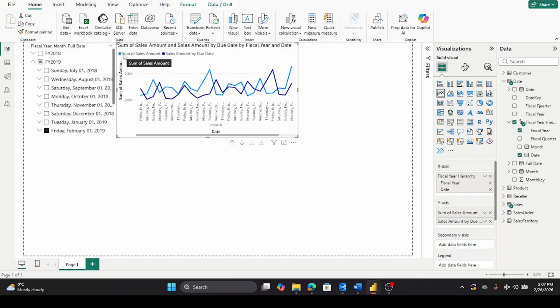Sum of sales amount. So in the month of February, if we look at that,